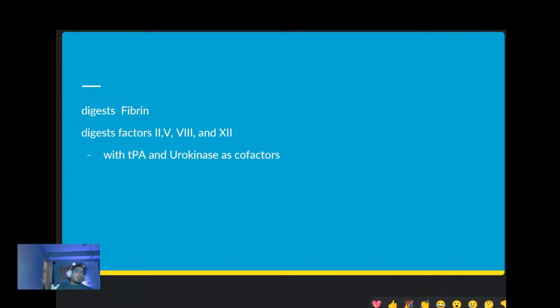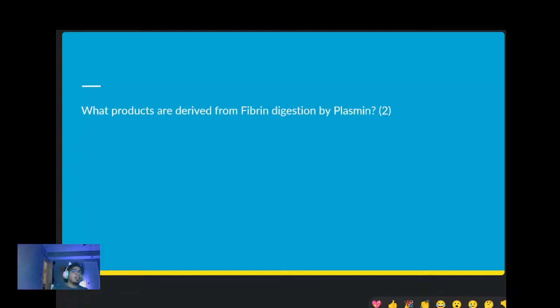Now, when talking about the digestion of a fibrin monomer, basically the receptor is the lysine molecule. Okay, the N-terminus, which is a lysine molecule, in the fibrin. Okay, plasmin will break it into fibrinogen and D-dimer. Okay, can we go to the next slide? I think that's the next question.